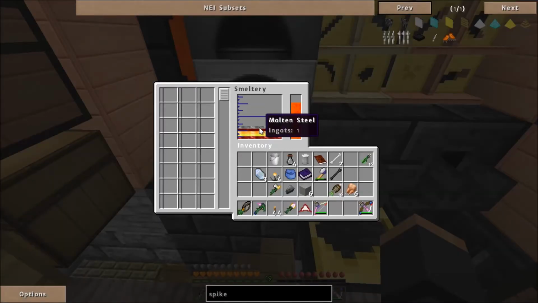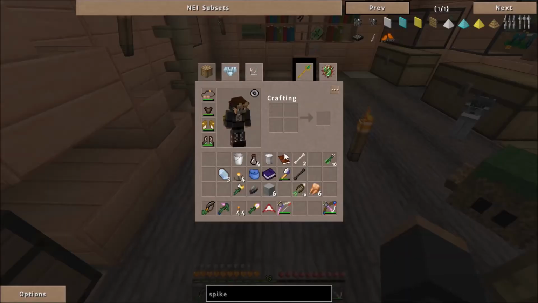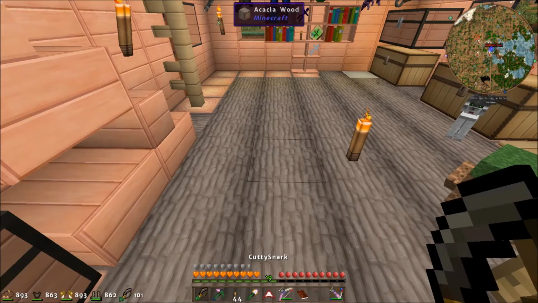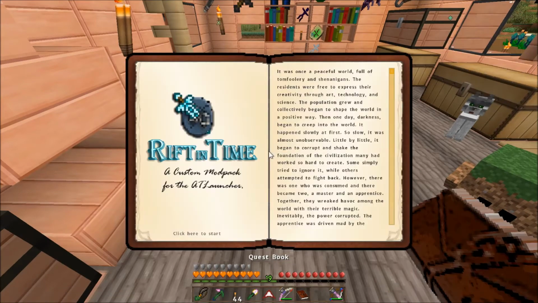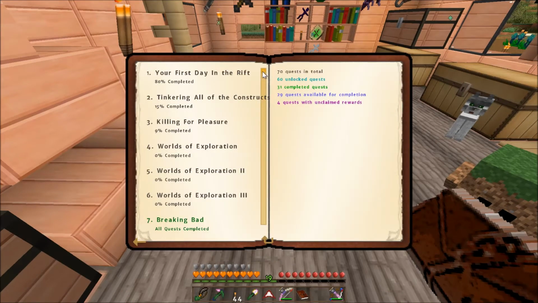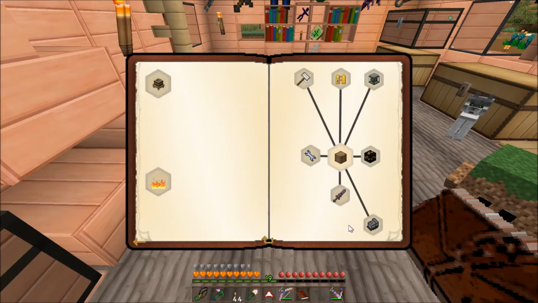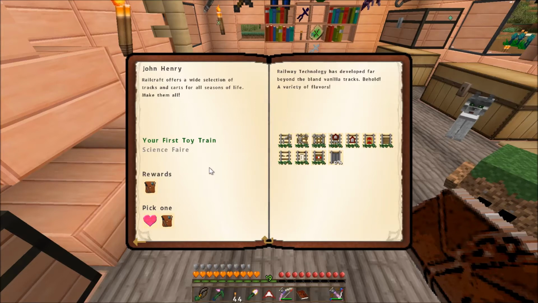Now what? I do have molten steel. Now why would you have molten steel, you ask? Well, in the quest book, and we do love our HQM, in the quest book is, I haven't opened it up obviously, all the way down please, because I can, which is the crazy stuff. John Henry Railcraft. I did all the wooden ones, that was cool. Bumped up to the steel, the iron, and this better be the last one. If there's another thing down here,